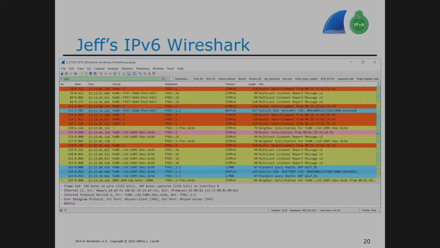So for initial lab testing, I usually put my router advertisement timers down very, very low, a couple of minutes apart, because I want them to occur, and I want my clients to react, because I got to see stuff happening, right? And then maybe I'll bump them up later from that point. But that's why I really, in V6 even more than V4, I really use colors.